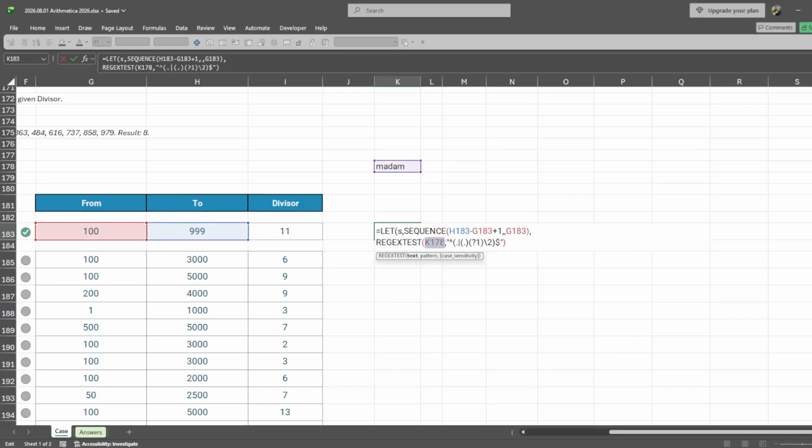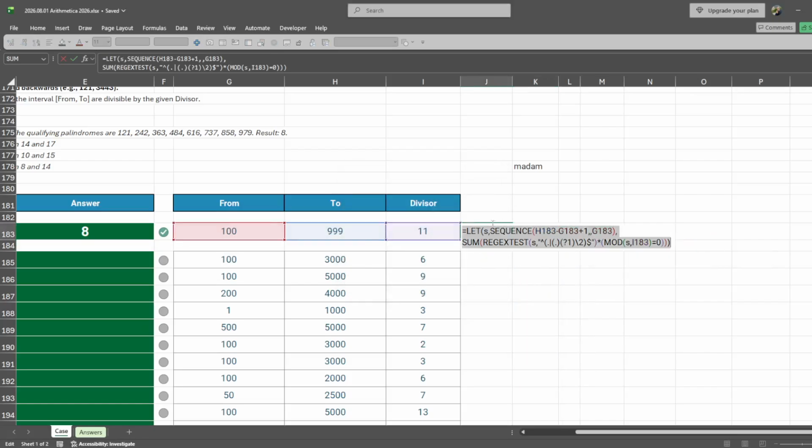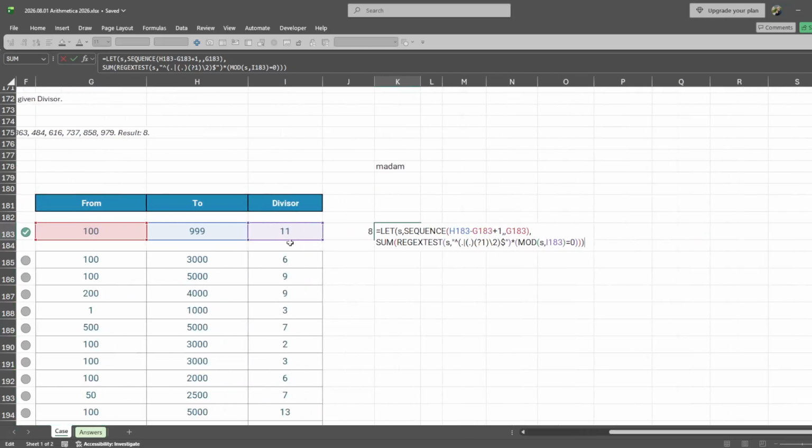And now I can regex test s, and I can multiply that with mod of s by 11 equals 0. And now what am I supposed to do to test this? Okay, that works. Because it has to be divisible by 11, I think it's easier to create the sequence here. Technically I could also do the sequence, I start from nothing, so from 0 I guess. No, that is rows, so let's say I want this minus this